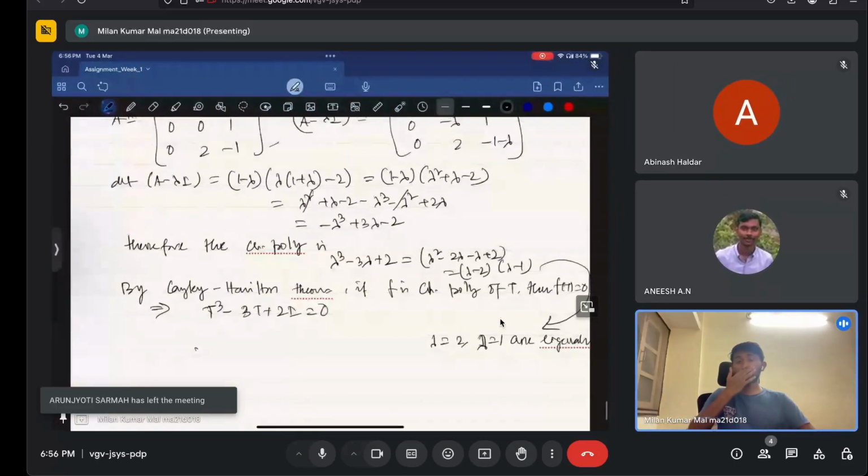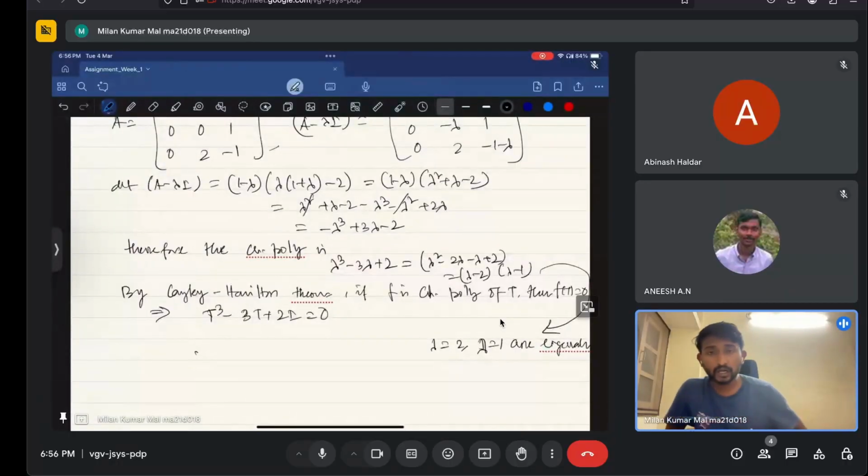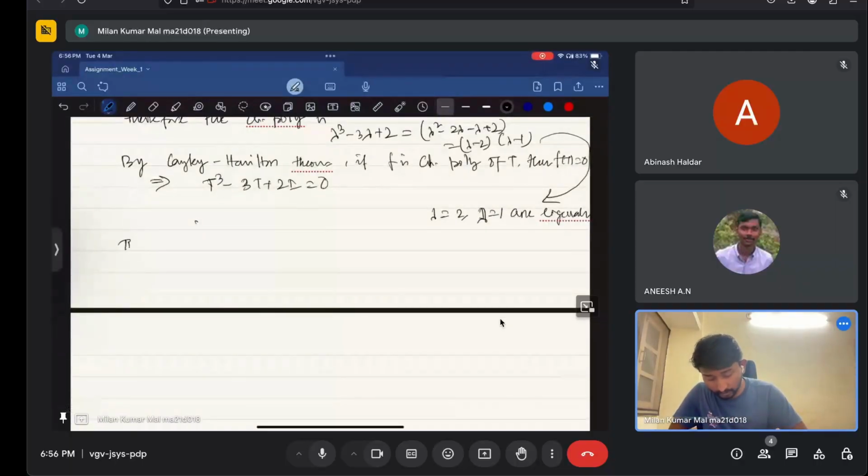If any polynomial should annihilate, that polynomial must have the factor. So by the above theorem, if g is a polynomial such that,